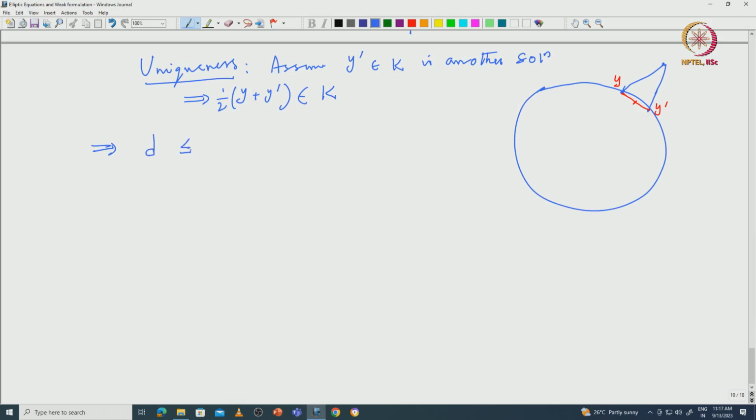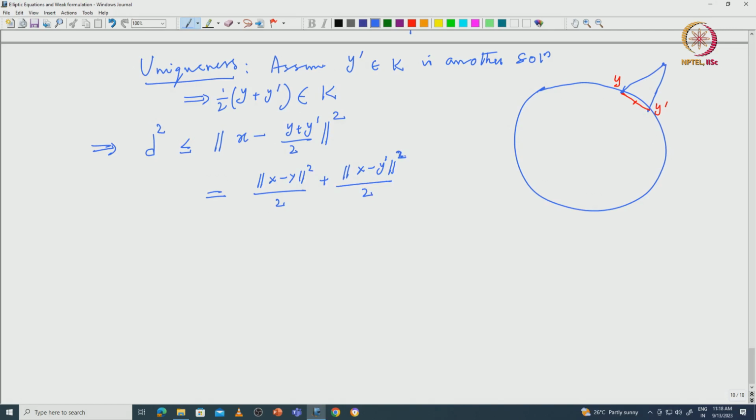So, d is less than or equal to the norm of x minus (y plus y prime)/2, because it is in that set, it is an infimum. So, for any element d will be... For the analysis let me square it. Here is a small exercise which you can show, you do some expansion, you can show that this is norm of x minus y squared over 2, plus norm of x minus y prime squared over 2,